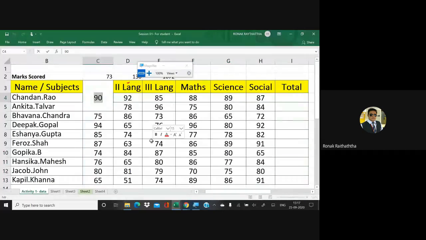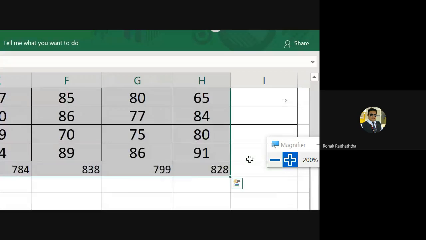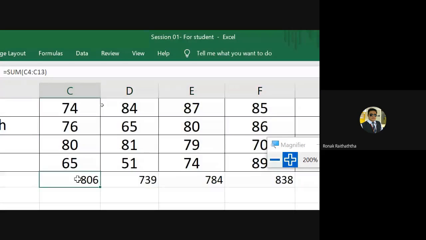Once you select this entirely from 90 to 91 like this, it has given me the summation at this side. See, check it out at the bottom side.